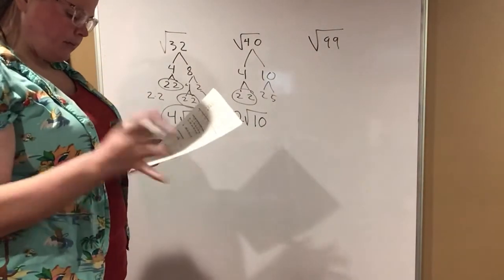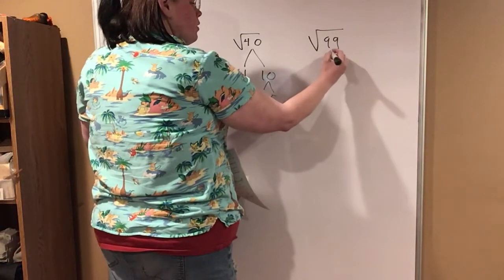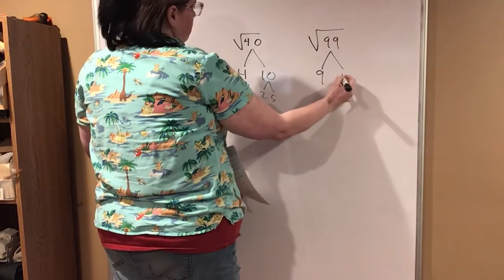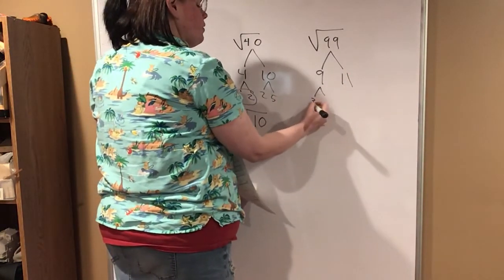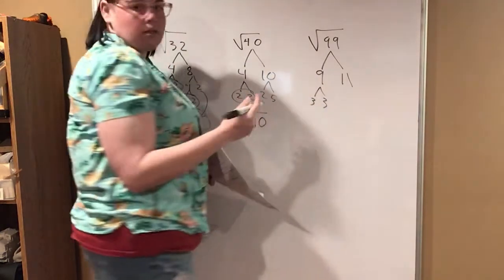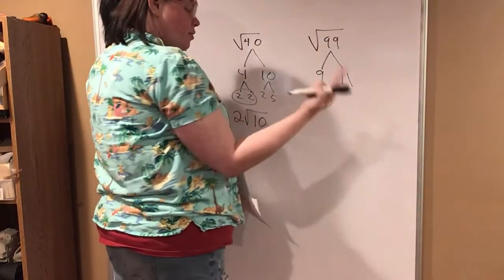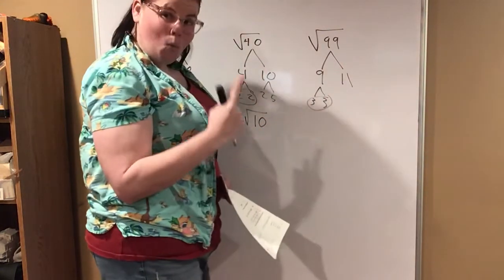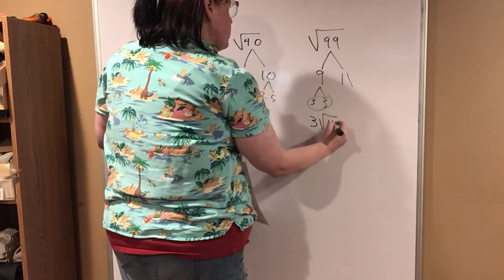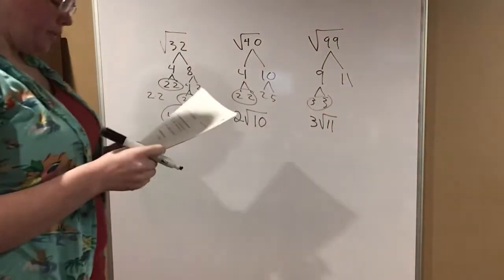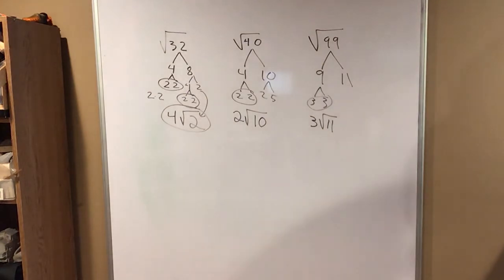That's it. So now with the 99, I know 99 is 9 times 11. And 9 is 3 and 3. 11 I can't do anything with. But the 3's I can pull out. So I pull out 1 3 because a pair technically means you're pulling out 1. So I know that I'm left with a 3 on the outside and 11 on the inside. So 3 square roots of 11, that is simplified. Because you're going to need to know that when we